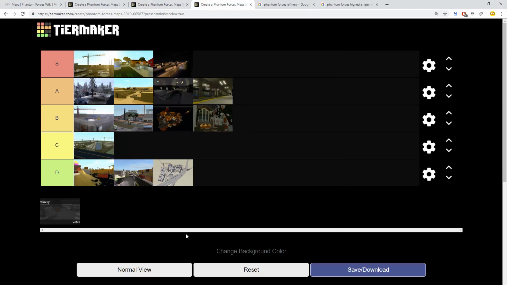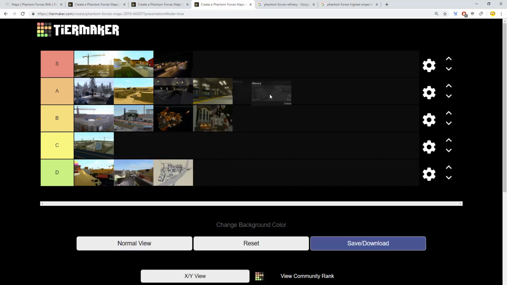So, edit 2. I forgot another map. It's Refinery. I do not have a good image for this, but this will have to suffice. For me, it's an A tier. Yeah, it's kind of fun. I like the details and I like the mid area, and it's definitely okay. And another thing,